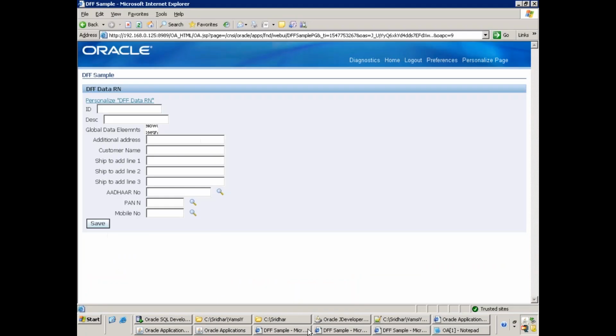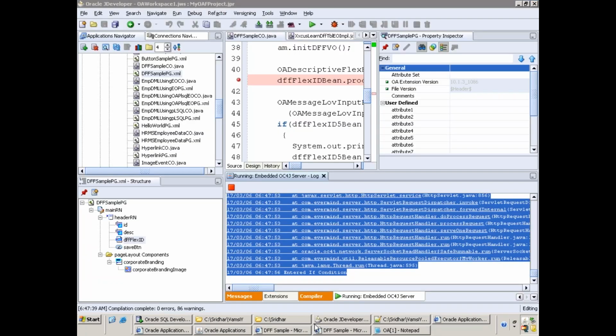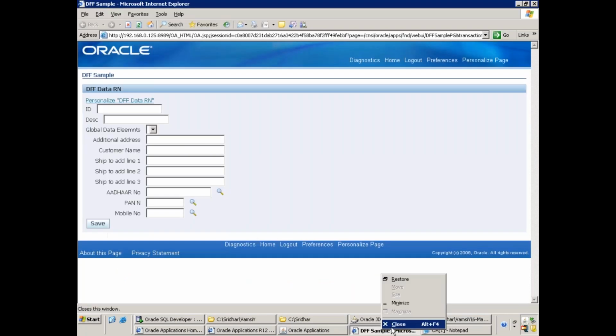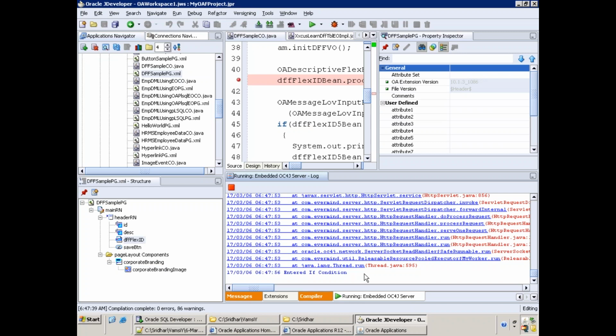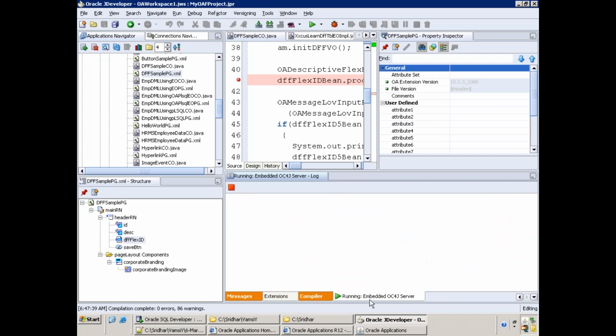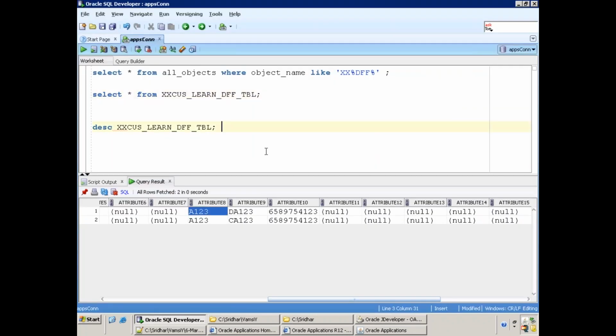So now we'll try to work on the KFF also. In the KFF, the difference is you'll just have a code combination ID, and the remaining segment information you'll not store in your tables, right? What you just store is a code combination ID. So that's how the table structure also should be. So in our case,